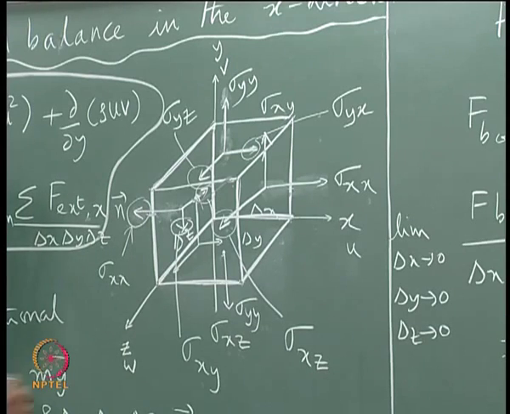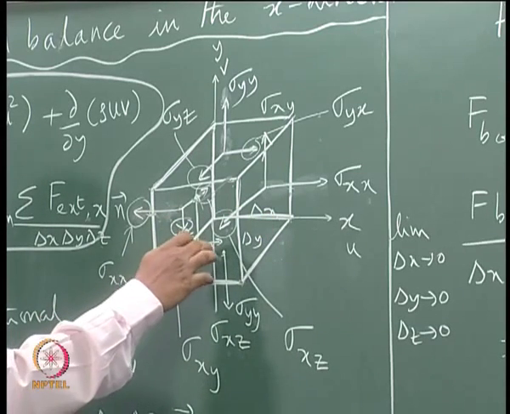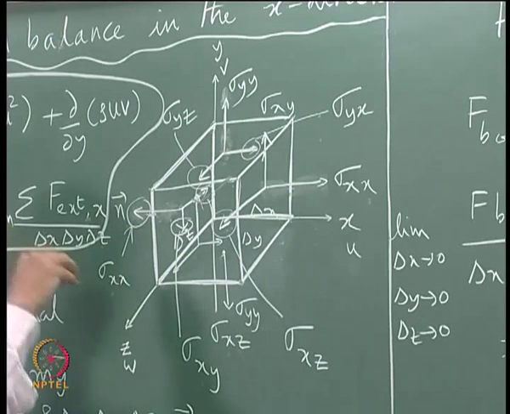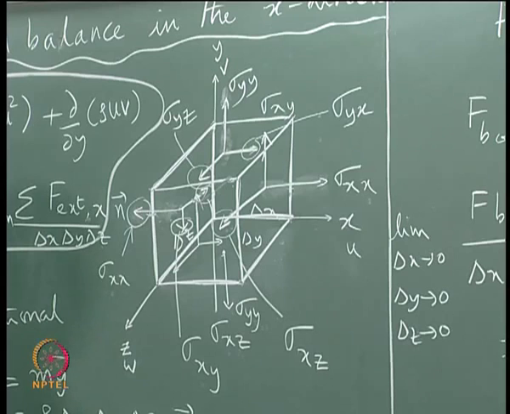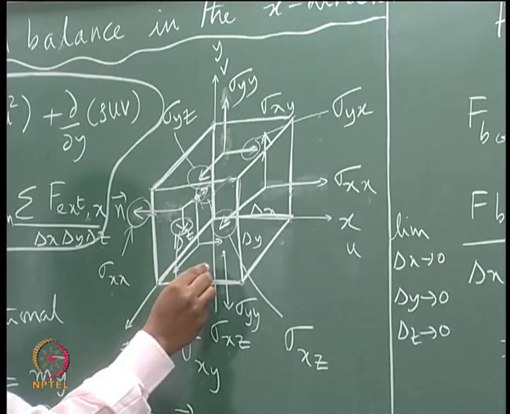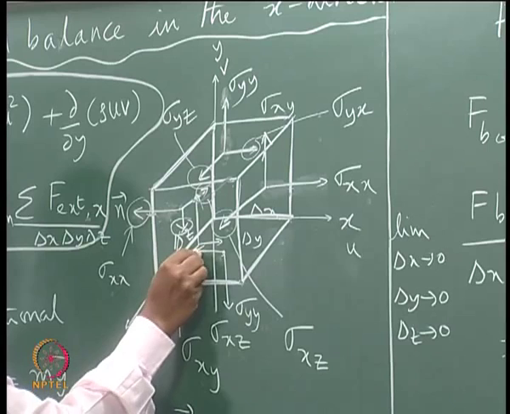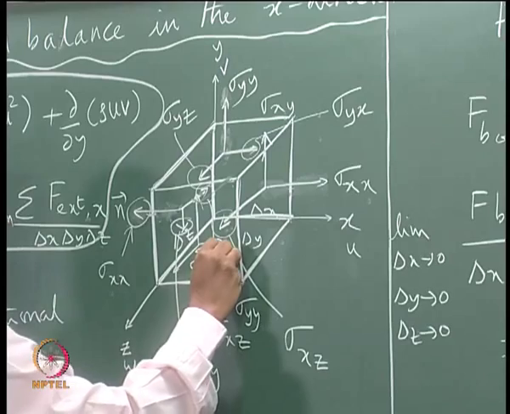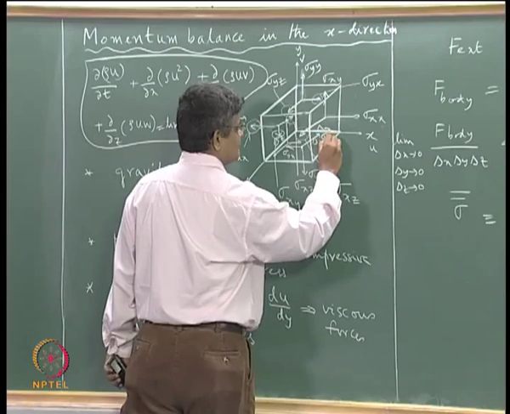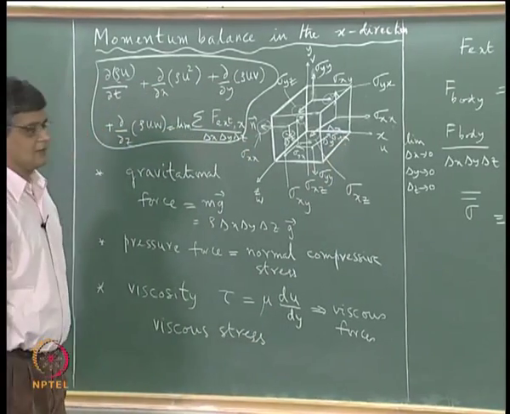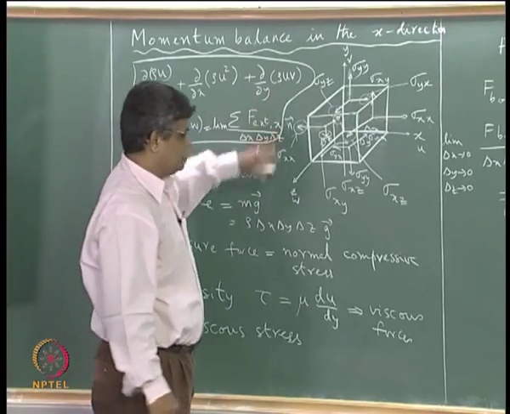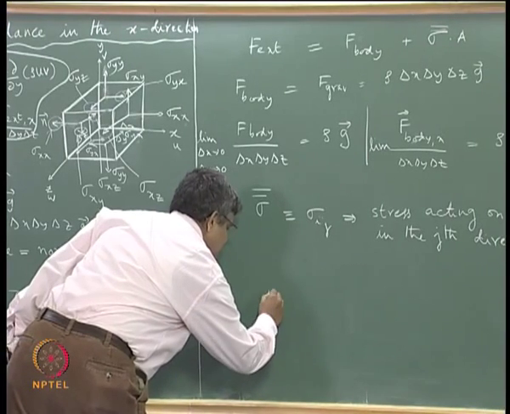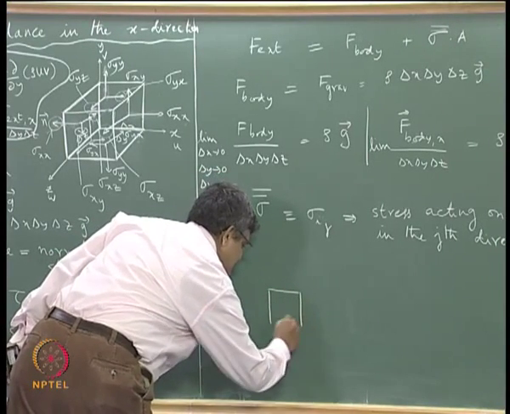And correspondingly, this y plane will also have a sigma yx component and a sigma yz component, which are the 2 shear stresses, and because it is a negative y face, sigma yx will be acting in this direction and sigma yz will be acting in this direction. Okay, so when we consider a 3-dimensional cube like this,